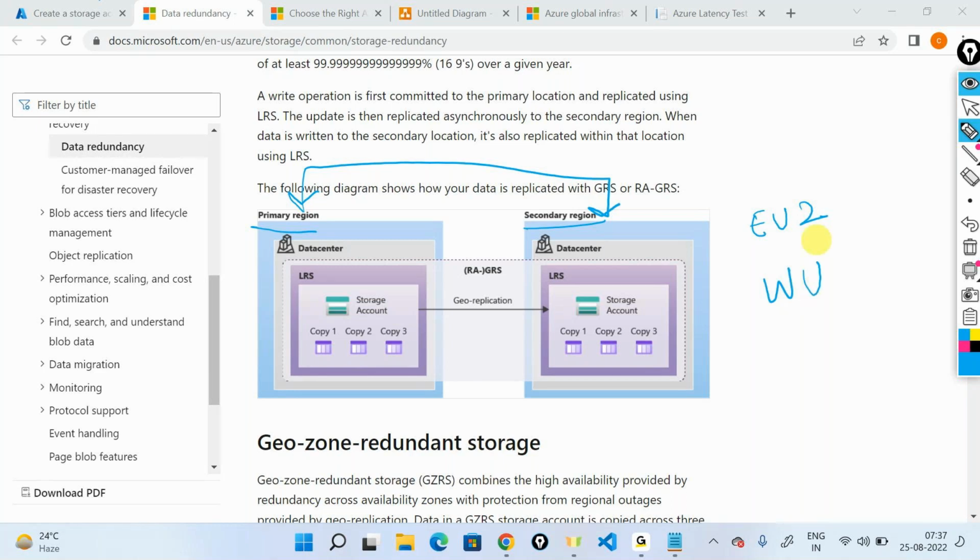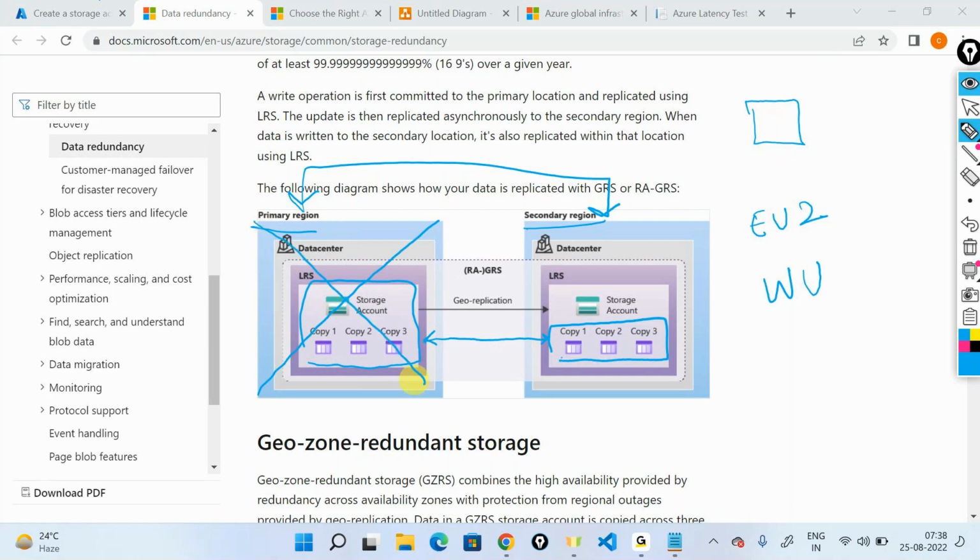Microsoft is telling you that if you give me one copy of your data, meaning one file, in the primary region, East US2, I will give you LRS, meaning three copies of your data in the primary data center, but I will also replicate this data across a different data center sitting in a different region, and even there I will give you LRS. Now you get six copies of your data, three sitting in the primary, three in the secondary, so that if the primary is not available,